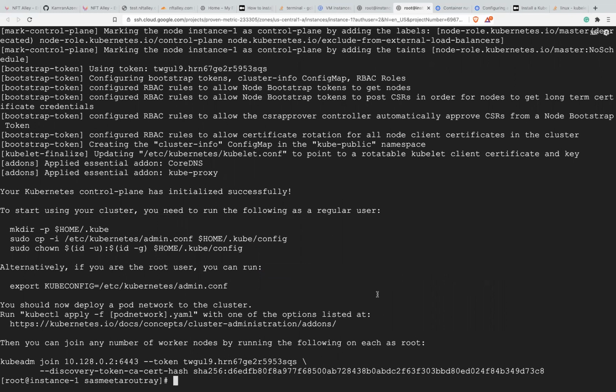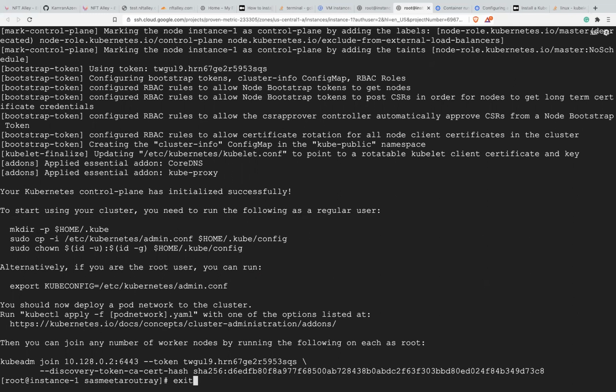So with this, our Kubernetes master server is being created, and it is giving you your control plane. The control plane has been initialized successfully. To start using your cluster,